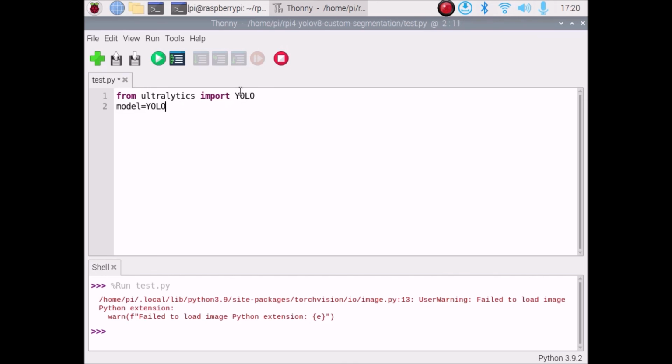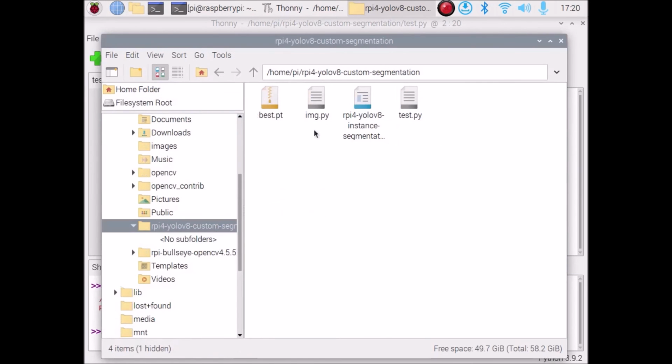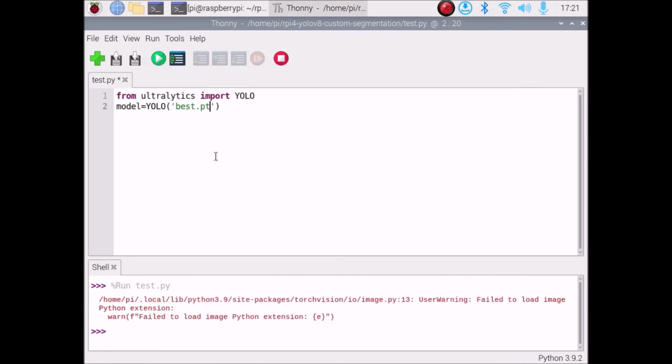Inside that we need to mention our model name, our custom model name which we just created. So our custom model name is base.pt. If I open the repository again, this is our repository and this is our custom model base.pt. Simple. So mention it this way in single quotes, base.pt, the name of our model. Then now we are ready. We need to call our variable model. So model.predict,